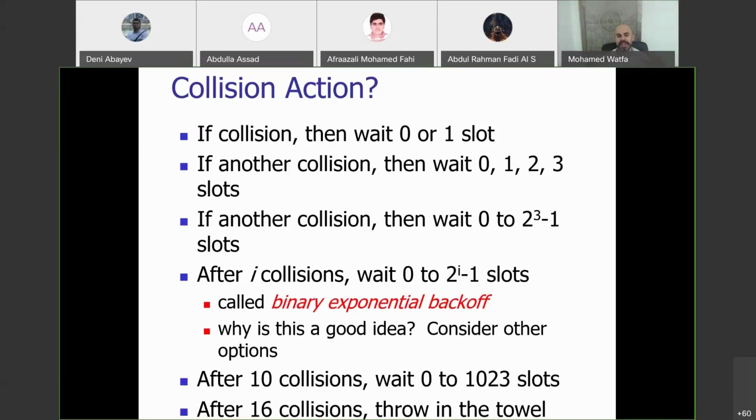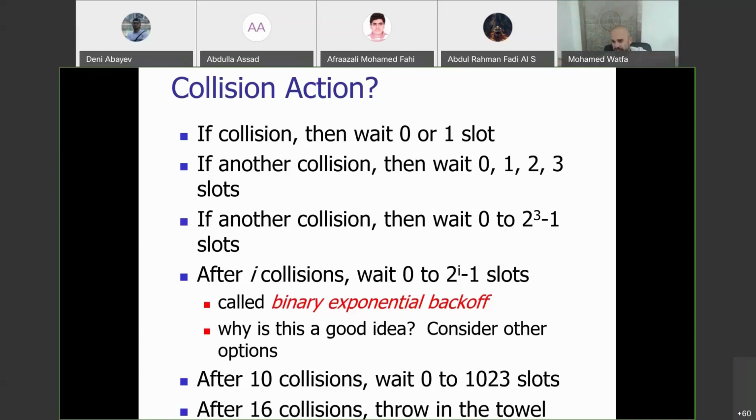So the idea here is if a collision happens again and again and again, meaning there is traffic, don't go and send again. You will collide again. So just wait a specific amount of time and then randomly send again. This is what we call binary exponential backoff. So in carrier sense multiple access, if a collision happens, I don't immediately send. As I told you before, we do p-persistent. The probability of sending decreases